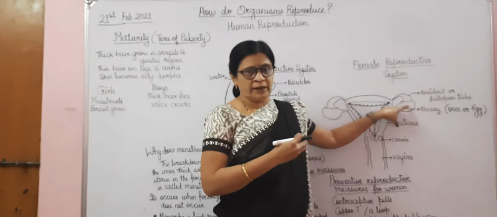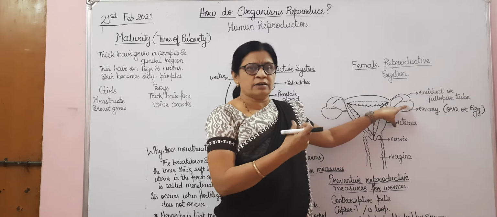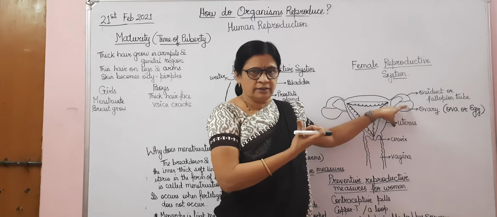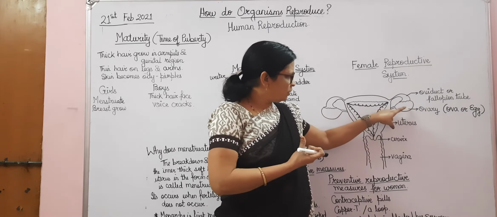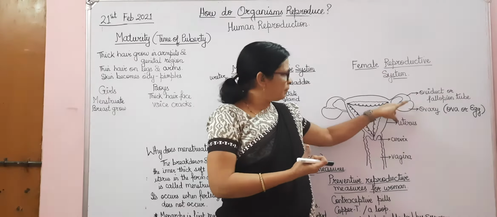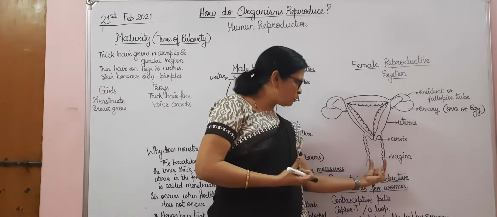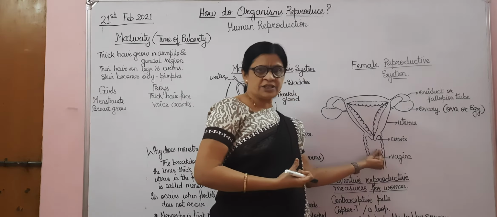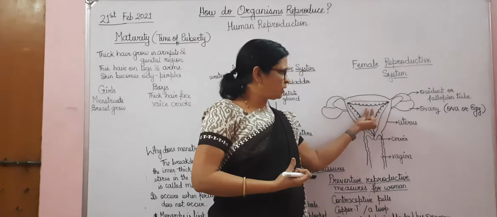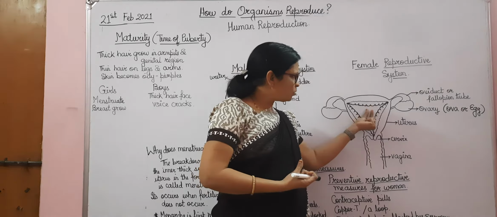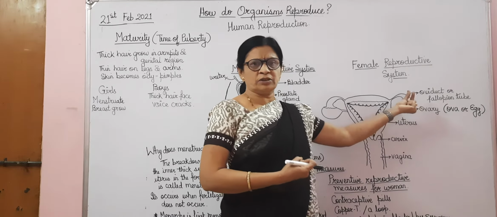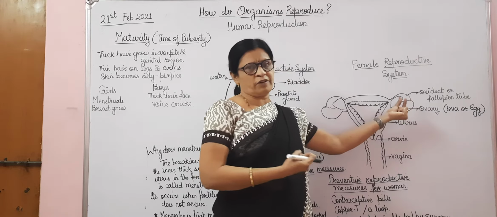Every month one egg is matured by a girl or a woman. The egg from the ovary passes into the fallopian tube, and from here the sperms are coming. They come into the vagina through the cervix, and move into the uterus, and when they move into the oviduct or the fallopian tube, that is the place where fertilization